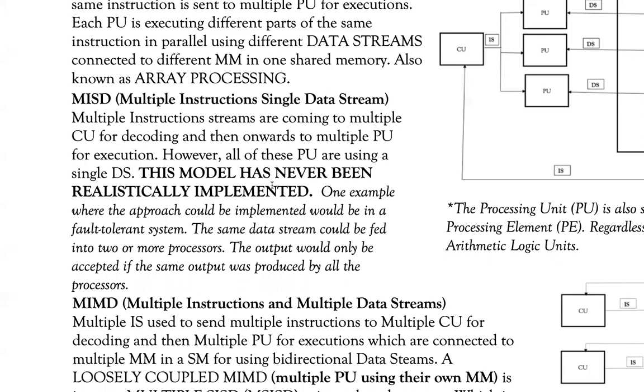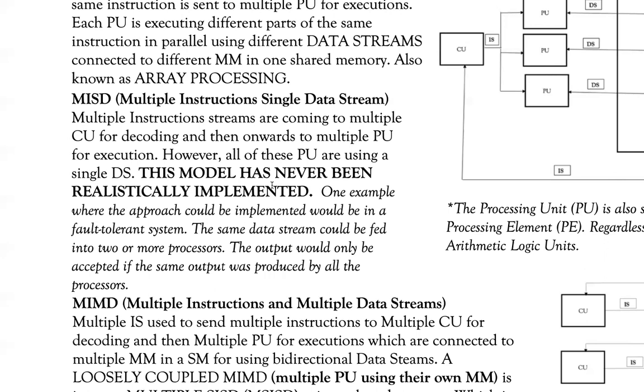Now, what does that mean? That means that I can carry out different instructions using the same data set. It doesn't exist on any actual machine, but if it were to exist, this method would be a good way to create a fault tolerant system. Now, what is a fault tolerant system? Assume that I have multiple processors, 2, 3, 4 different processors, and each processor is basically running a separate instruction.